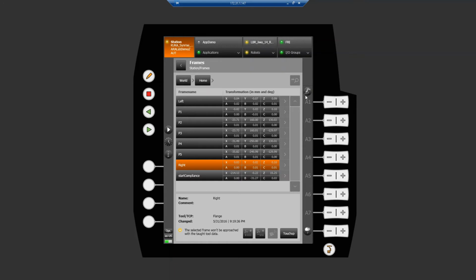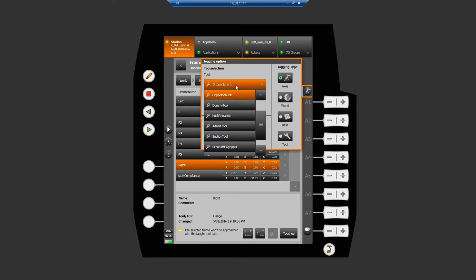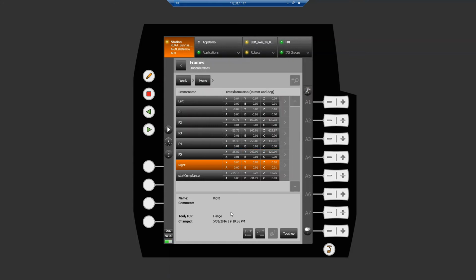For example, here we have a frame called right. We're going to change this gripper to the flange. As you can see, that warning goes away, so we have the right tool,